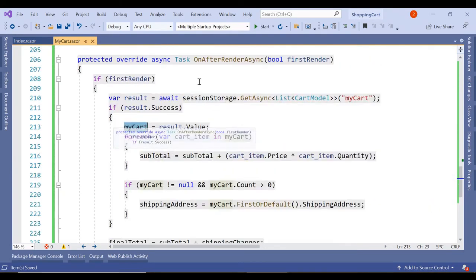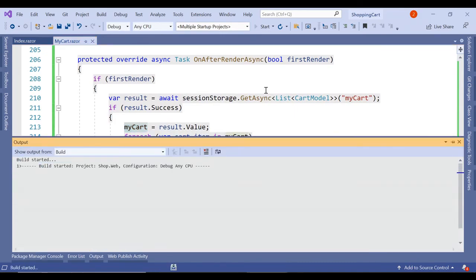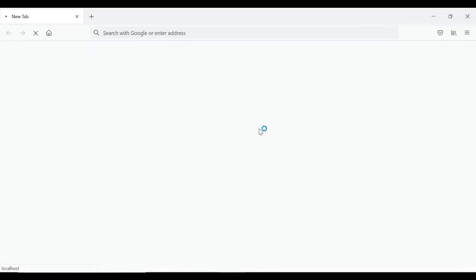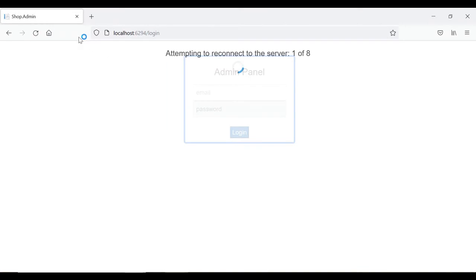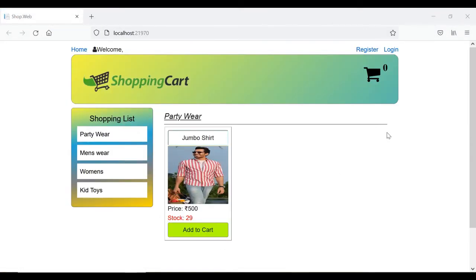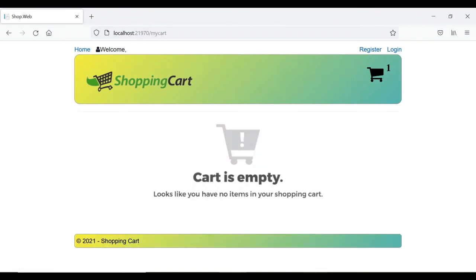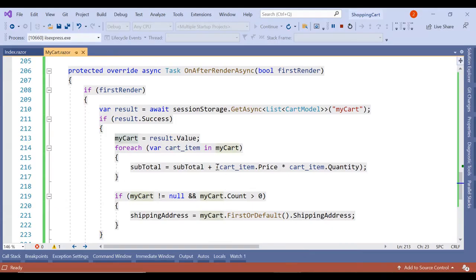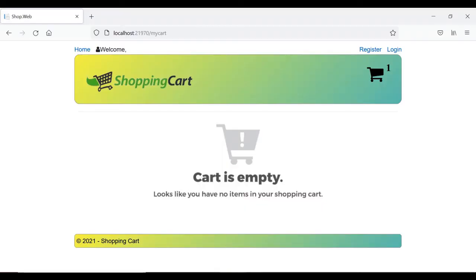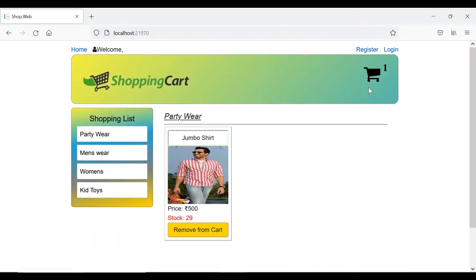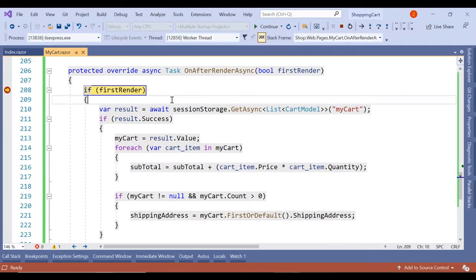let's start the code again in debugging mode this time. Add to cart, navigate. Let's go here and put a breakpoint. Let's go to home, navigate and see what the result is.